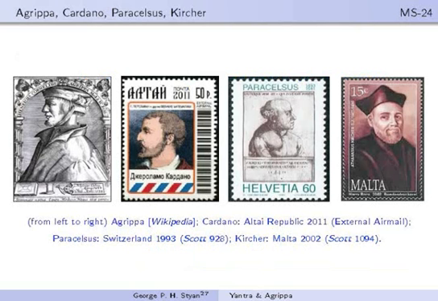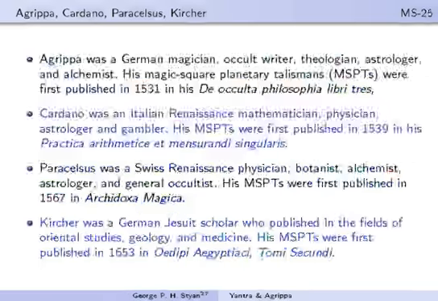We found postage stamps for 3 of these 4 scholars. Agrippa seems to have eluded the philatelic world. Cardano has only very recently appeared on a stamp, and this is an external airmail stamp from part of what is now Russia, the Russian Federation, called Altai. Paracelsus has appeared on many stamps, particularly those from Switzerland, his home country, and Athanasius Kircher has appeared on only 1 stamp, curiously from Malta. As mentioned earlier, Kircher is from Germany.